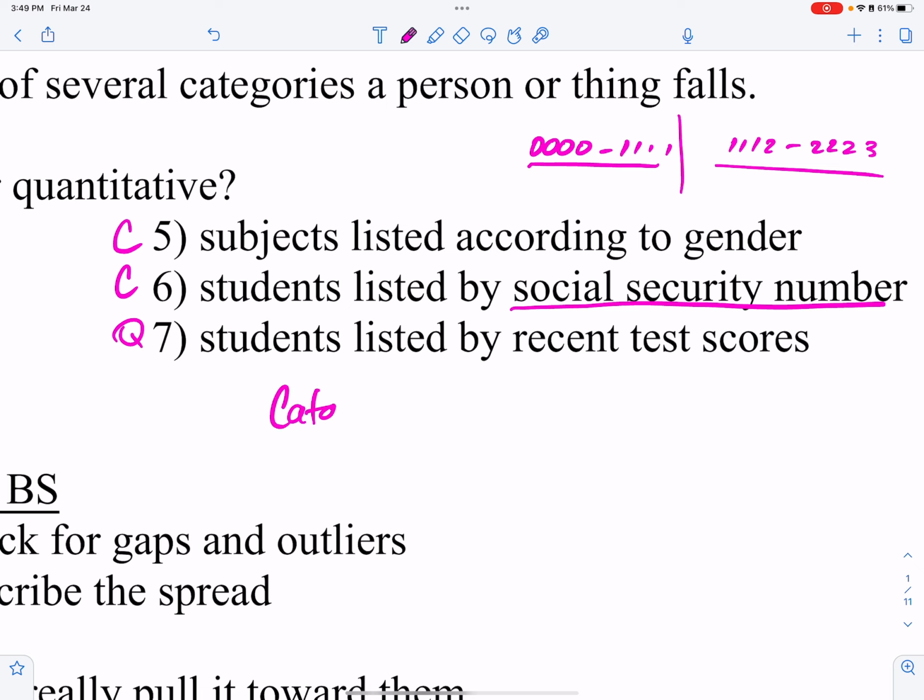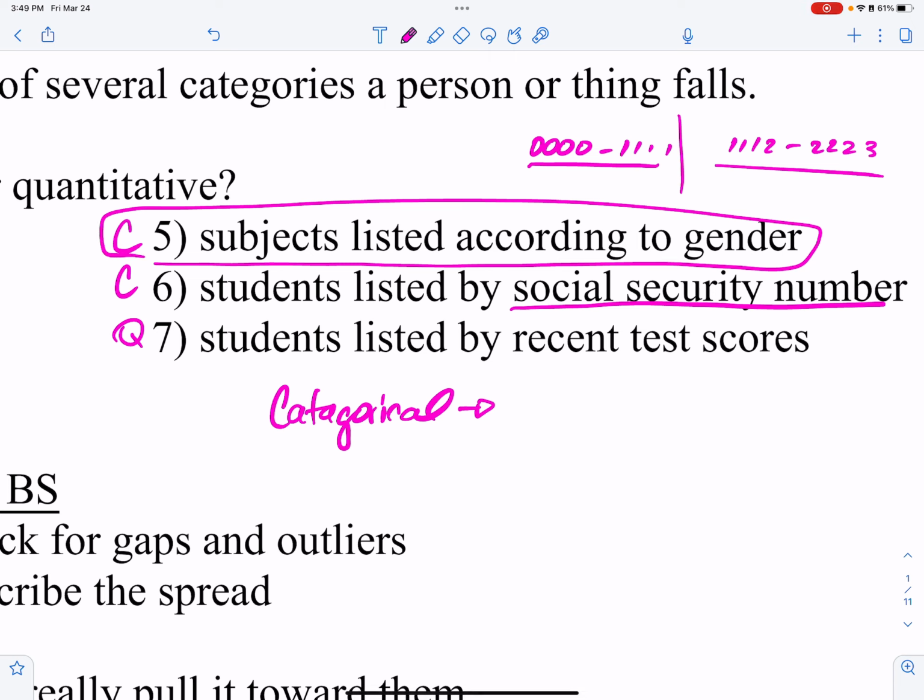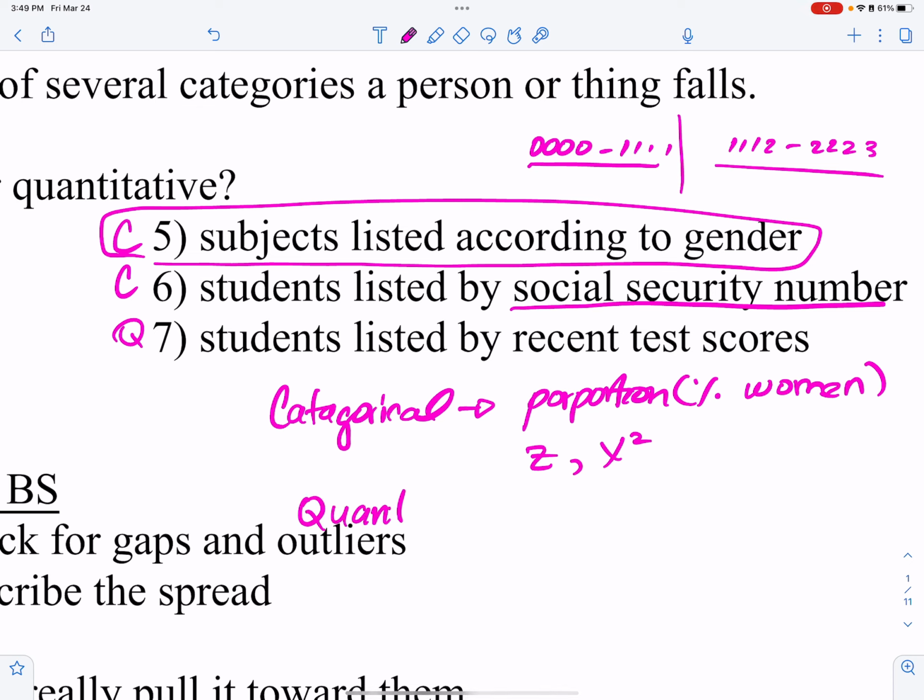Now categorical data is proportions because you think about it here. If I'm talking about subjects listed according to gender, if I said what proportion or percentage of the class are women, so using the gender of women, that would be categorical, and you would do a z-test or a chi-squared test with categorical data because that's when you use percentages